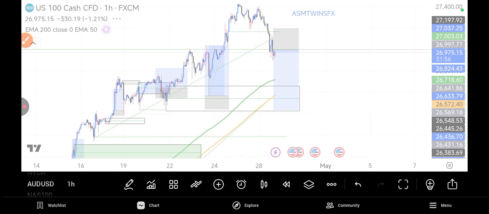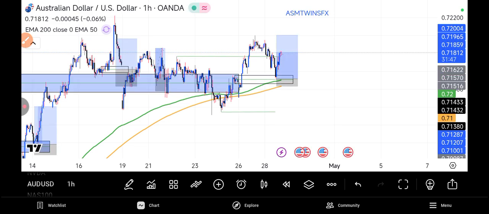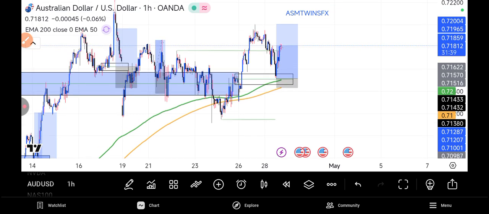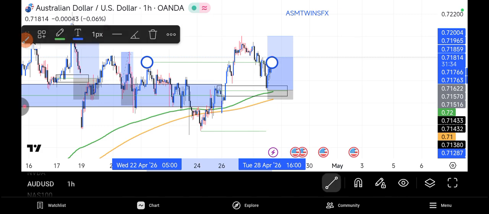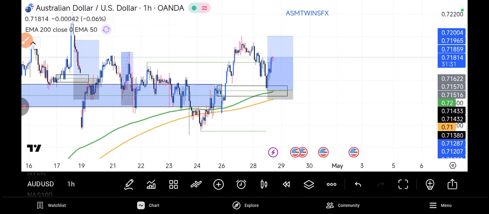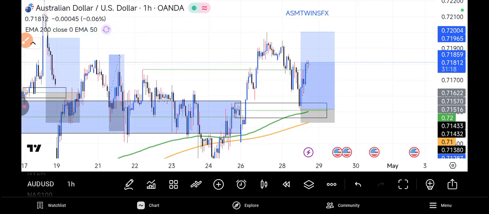You remember I was talking about buy because price made a value change of character already, a breakup to the upside, then coming down to the OB, which is mitigating it as a flip zone. You can see this setup. This setup was all because of a flip zone. You can see the break of structure from this area, a very nice break of structure to the upside. So we waited for a pullback, which is a reversal, and you can see the movement is going up a little bit slowly. So this is a very nice trade.